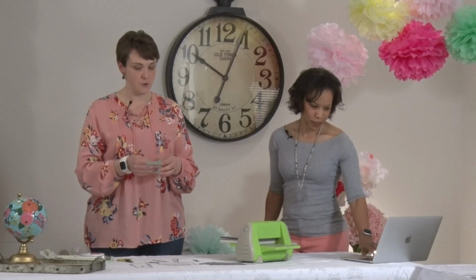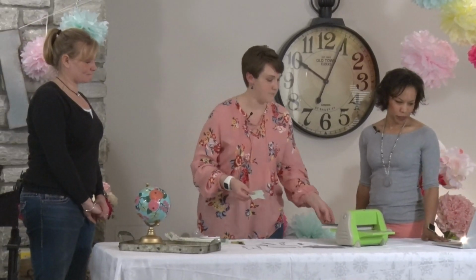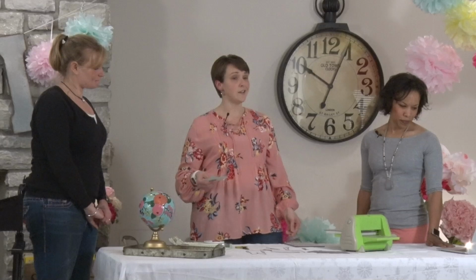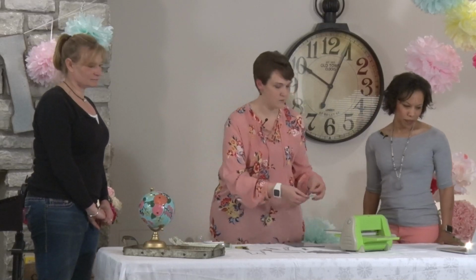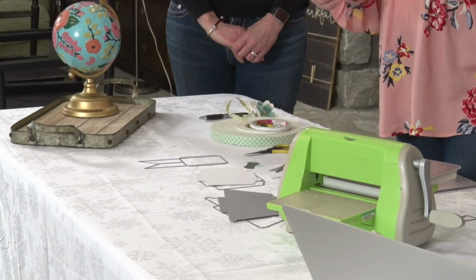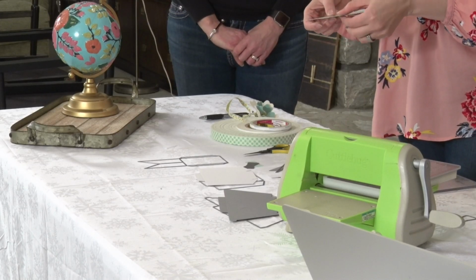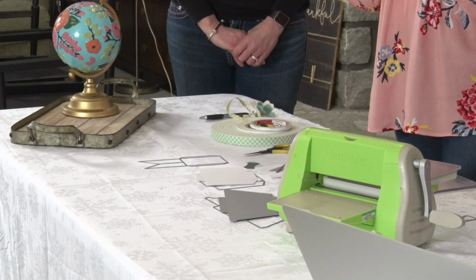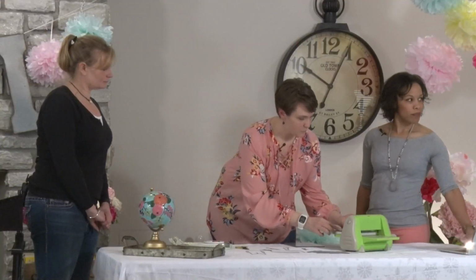All right, so I did a video for this already once that we've got up on the blog, but I didn't use the buttons on that, so I wanted to use the buttons this time. You can use the buttons on the jacket, you can use them on the shirt. I'm going to use them on the vest today. So this little 3-hole doodle is a button die, and you can just place it on the vest. The vest has a split to make it look like a vest, so I'm just going to place it to one side